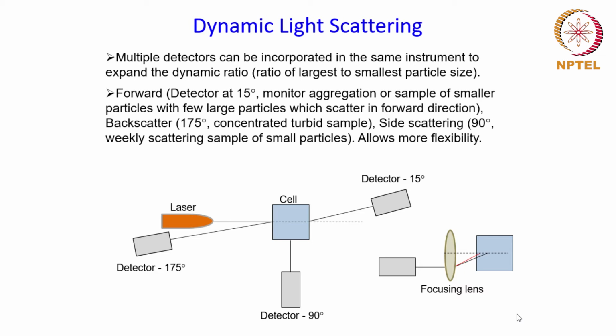On the other hand, if you have large particles or samples with high concentration, in those cases it will be good to have the focus point closer to the front wall of the sample cell to minimize this path length, and in that case the position of the focus point can be brought closer to the front wall of the cell. So that was all about the DLS instrument.